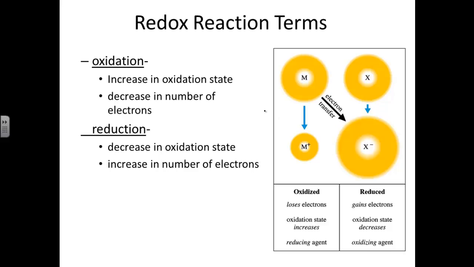All right, now some terms we got to be familiar with: redox. Oxidation is an increase in the oxidation state. So if the oxidation number goes up, it gets oxidized. Well, if the oxidation number goes up, it's because there's a decrease in the number of electrons. One of the ways that I remember is LEO, the first part of the acronym, that stands for lose